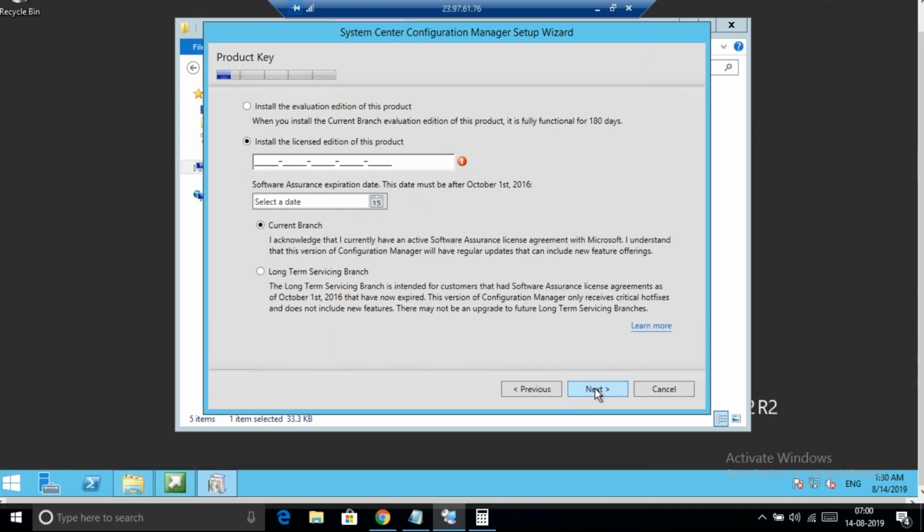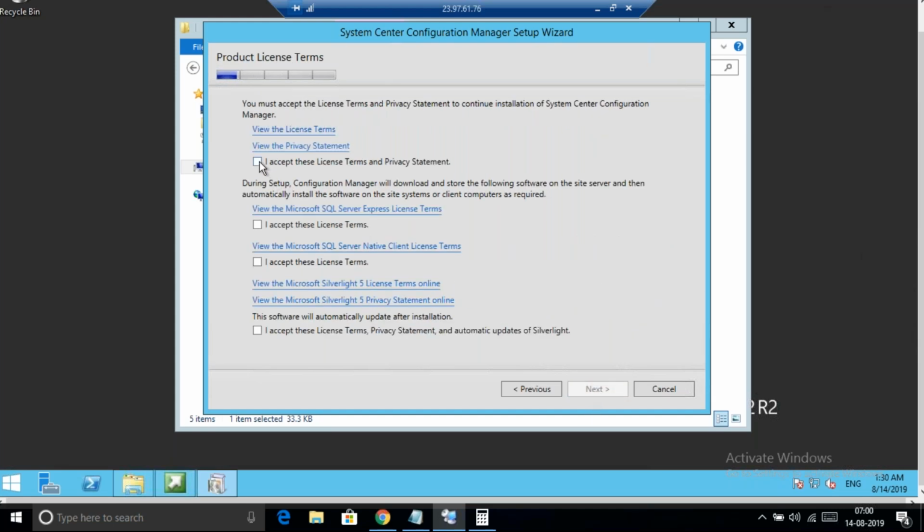Now, this one does not have any license. We don't have any license, right? So I'm gonna go with install the evaluation edition without any product key. So it will be available for us for 180 days. We can use this for 6 months, and later on it will go into read-only mode. Okay, so next, accept the license terms and conditions,